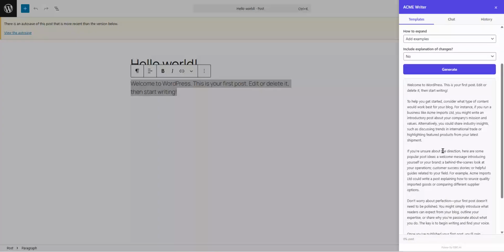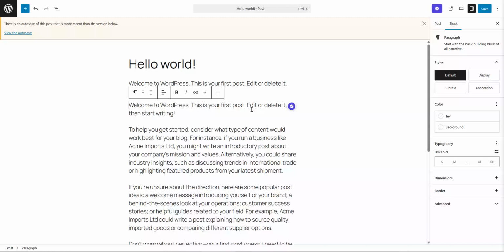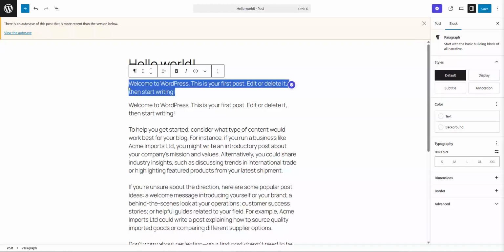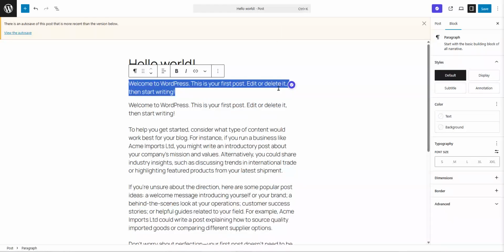So it's now really well expanded that bit into different examples. Click insert, and it's now added it in on top of that bit. So I can then just get rid of the existing one that I had in place. And if I just refresh the page without making any change,